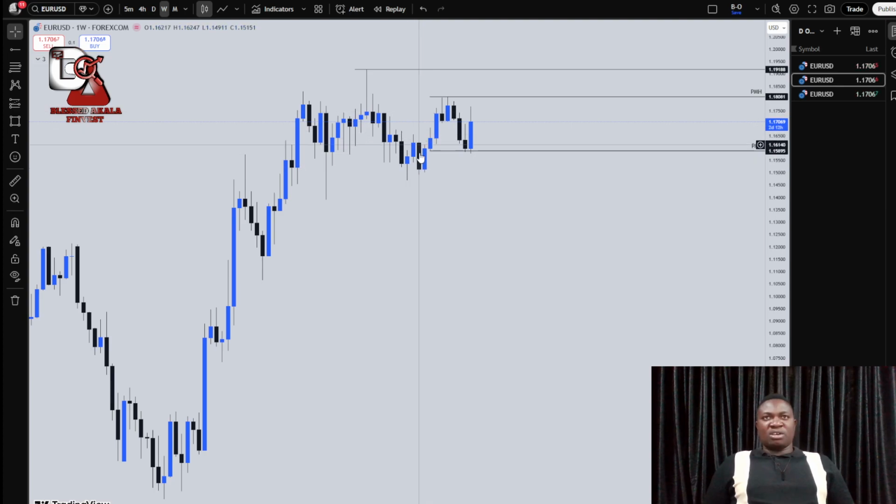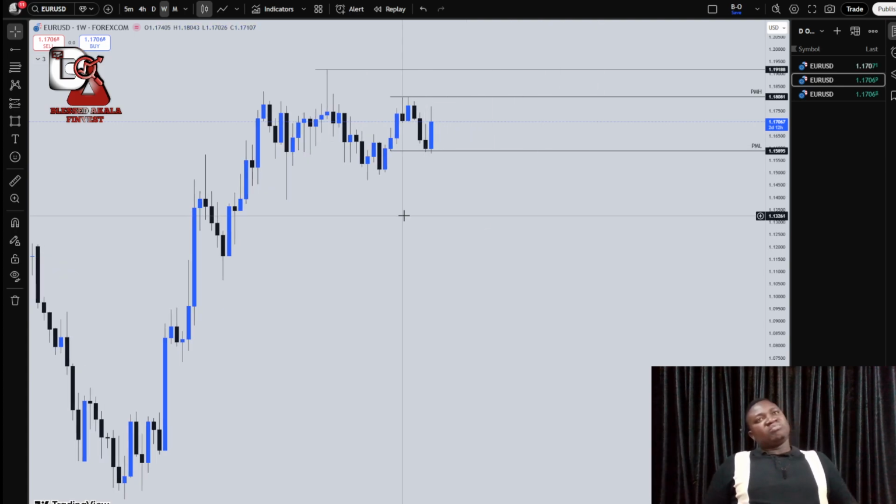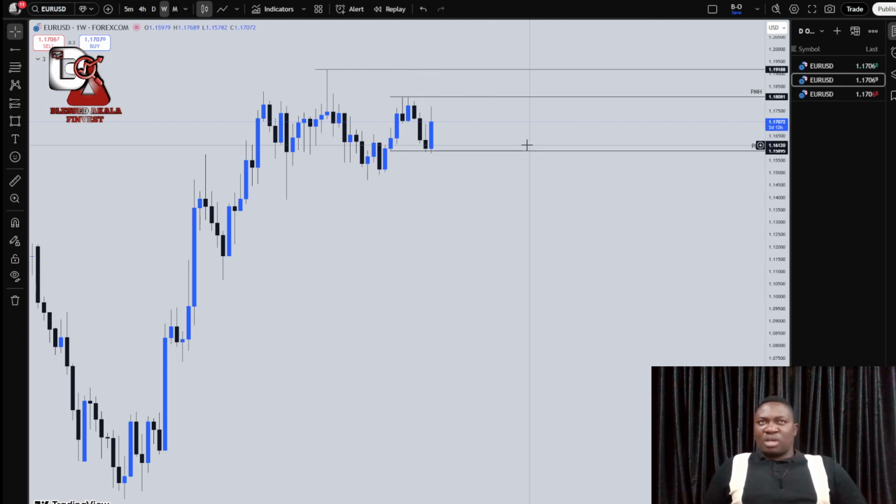And having this other block on weekly that we are expecting some kind of reaction from is giving us, from what I'm seeing here, if we are to use open high low close, before I can continue to even look for high, I'm going to be waiting for this particular level here to be taken out. Because the reaction we are having from this leg here still indicates that price is coming down. Or we can see closure in between this level and this internal structure.